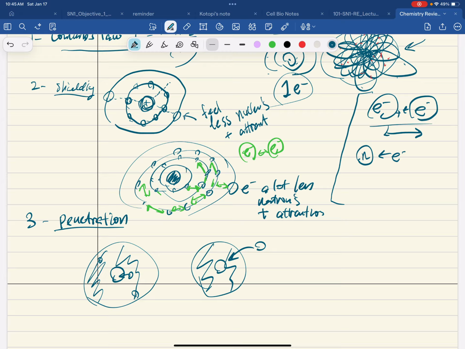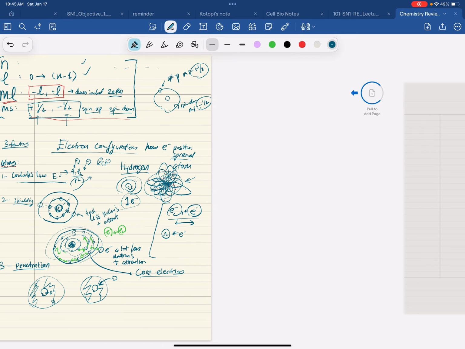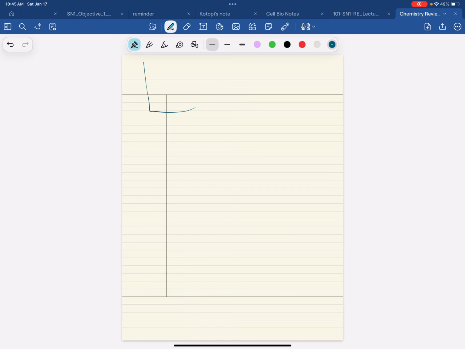Everything that is doing the shielding, we call core electrons. There is a diagram that you have to know. It will probably be easier if you see it in class, but basically there are energy, well, actually not energy, the